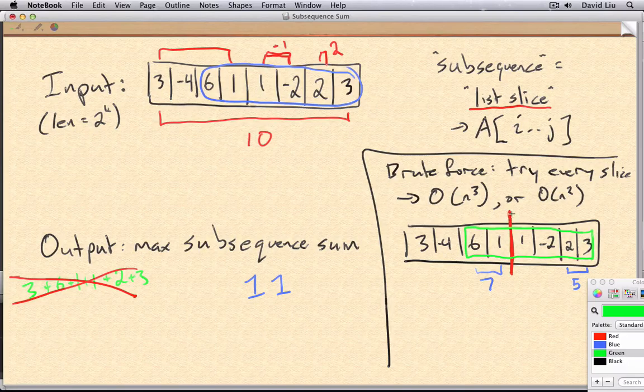So the question is, how do we check all of these crossing subsequences efficiently? The answer is